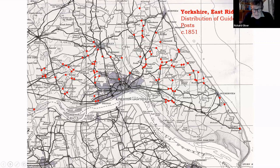The area I selected was determined by 6-inch sheets, and so the reason why there are apparently none in the northwest around Market Weighton is simply I didn't have any 6-inch sheets covering this area, and therefore didn't investigate it. Whereas I do have mainly photocopies of the first edition 6-inch of the area covered with red dots, and I then went on to look at the National Library of Scotland's holdings online. So as you can see, southeast Yorkshire is very well supplied with these, and my inference